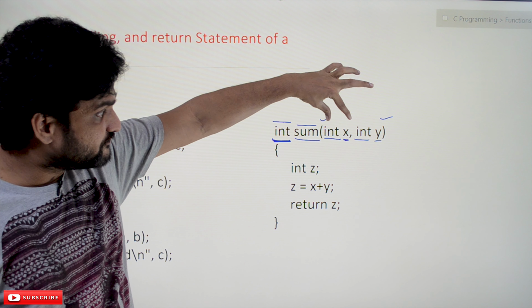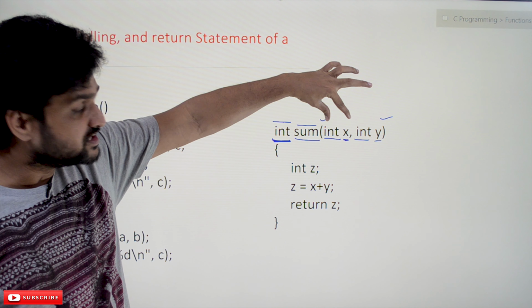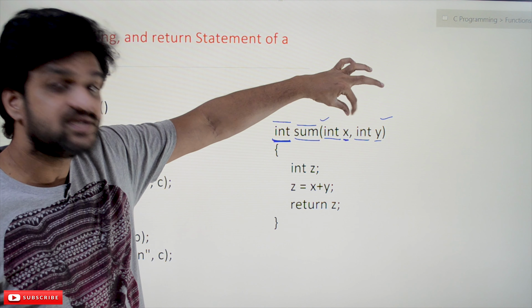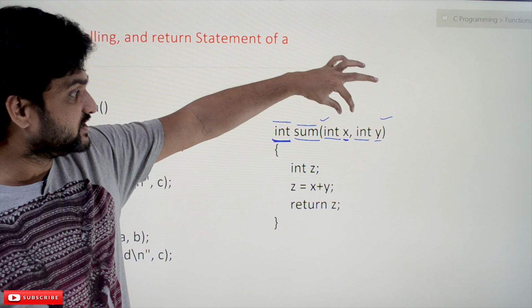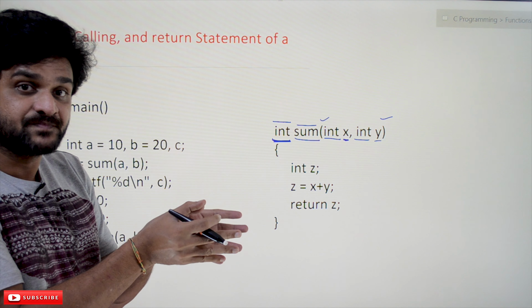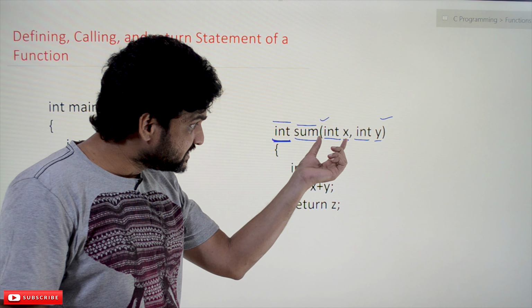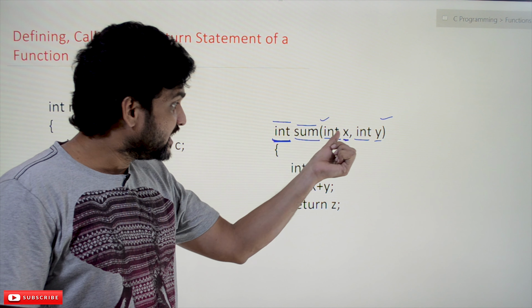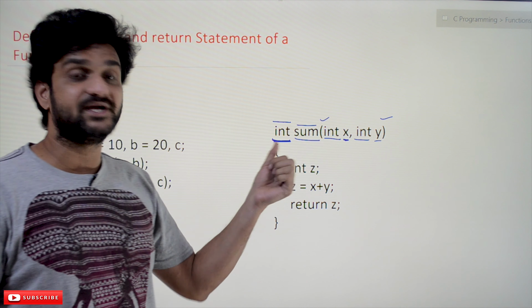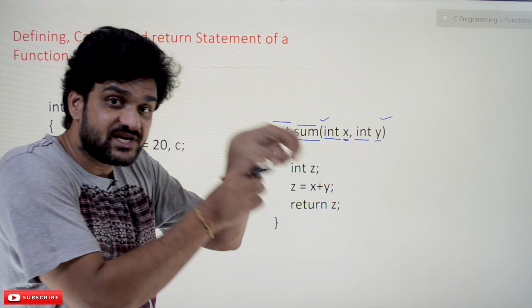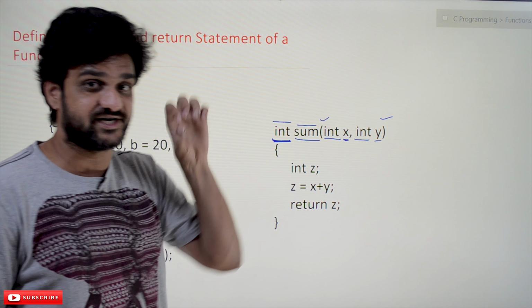Okay, so a defined function may have parameters. And the rule that needs to be followed is, the parameters are to be defined with the data types. So x is a parameter which is of type integer, y is a variable which is of type integer. So that definition has to be mentioned.